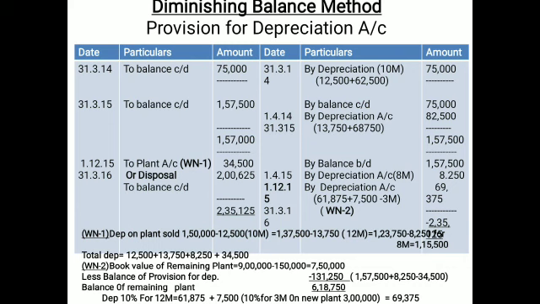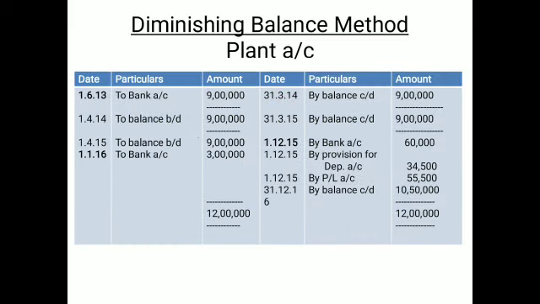6,18,750. But the new machinery is also purchased on that day. So the new depreciation of 75 for the 3 months is also to be charged for the same. And now the balance is to be forwarded. Now come to the plant account, and the plant account is the buy side. By bank means the sale value you have to list. By provision for depreciation means the shifting amount of the sold machinery from the provision is to be listed here, and then see the difference with the help of the 1,50,000, and then profit and loss will be derived, and then the new machinery is to be listed, and then last the balance is to be shown.